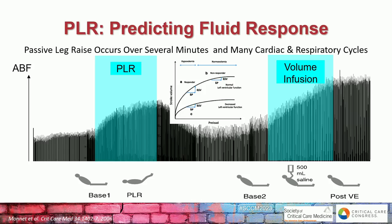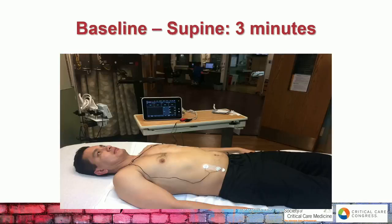This has been extensively validated in anesthesia operating rooms, acute resuscitation, and pulmonary hypertension, and is very sensitive to changes in response to passive leg raise, where blood flow increases, or a volume infusion across numerous cardiac and respiratory cycles. Here's Carlos, our volunteer research coordinator, who was voluntold that he was going to have a